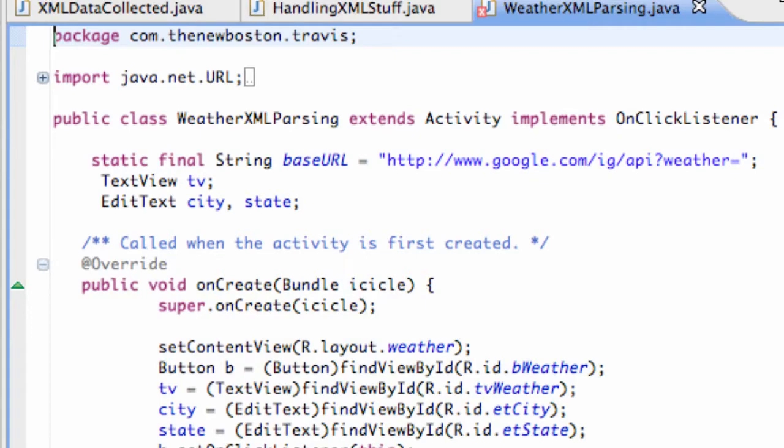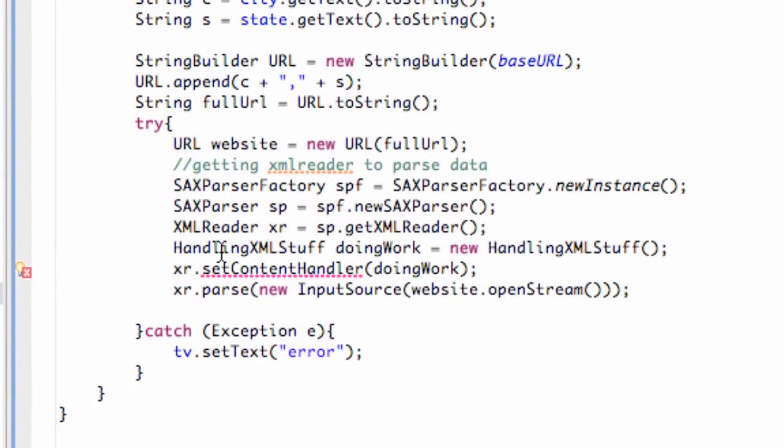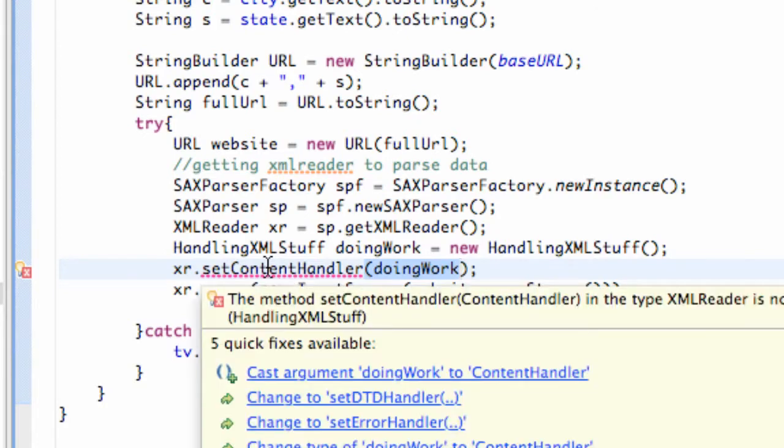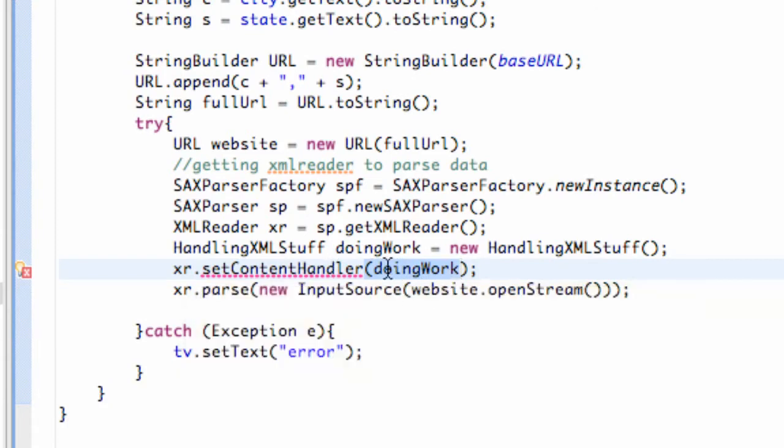What we're going to do in this tutorial is basically set up our handling XML stuff class, because again we set some sort of content handler to handle the method that we want it to do. And that's what that class is pretty much going to do. Don't get confused by handler or anything like that. All it's saying is, we have this class that we want to do the work. So we're going to set that up, and again, as we scroll over here, you can just see it needs some sort of a content handler. So this class has to be some sort of a handler, but as for now it's nothing,